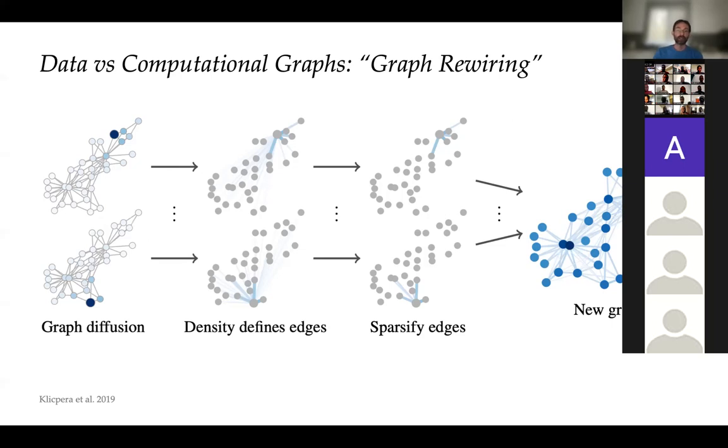And here I'm showing a figure from a paper from the group of Stefan Günnemann from Munich, where they said that if you take a graph, you can embed it with some diffusion process, and then rewire the graph. So just connect the nearest neighbors in this embedding space. And on this new graph, you will get better performance. The paper is called Diffusion Improves Graph Learning. So they show that on a wide variety of tasks and graphs, this kind of rewiring is beneficial. And there are many reasons why this is good.